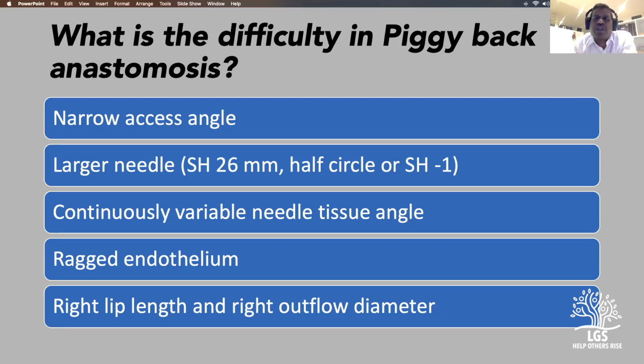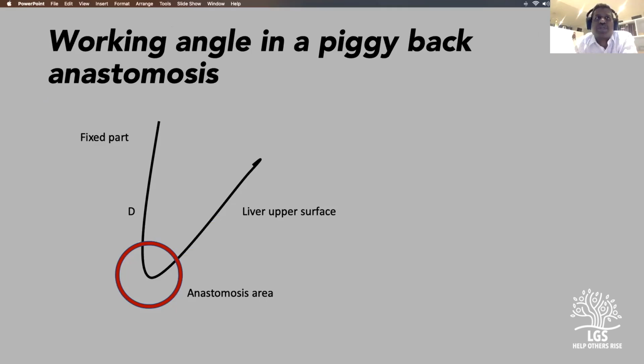So you have to use the largest part of the cloaca as much as possible. Now, if you look at the working angle in a piggyback anastomosis, there is a fixed part comprising of the diaphragm on the upper part and the liver upper surface. The anastomotic area lies close to the retroperitoneum, so it's quite deep. So the angle